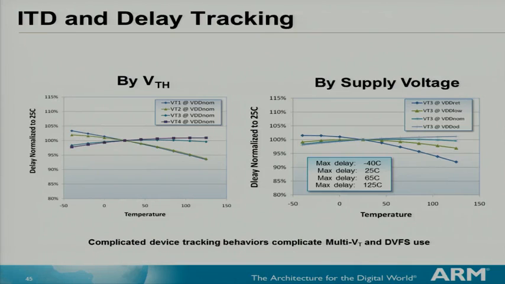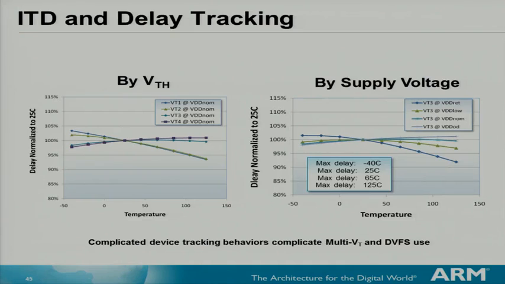The other big issue is temperature dependence. Now at sub 65-nanometer nodes, what we've been seeing is that across different threshold voltages, the worst case temperature corner changes between the different VTs. And that's mainly because it depends on the VDD minus VT and the mobility trends across temperature. And as you can clearly see, and this is for a planar transistor,